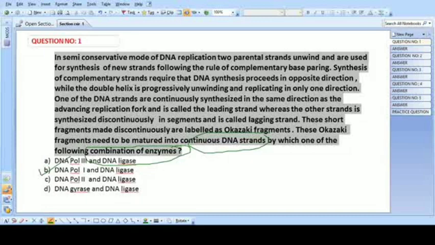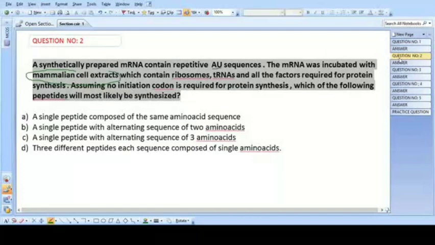And this is a simple question from the CSIR NET exam. This is purely coming from the theory side, and usually this kind of question is from section B, which is based on the memory part. And then we can go to question number 2.